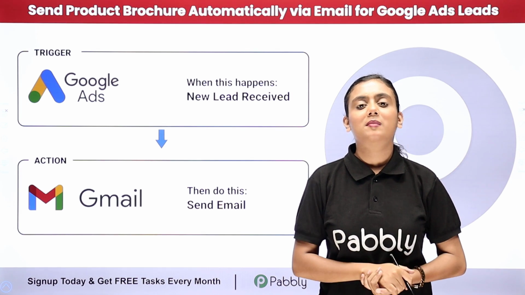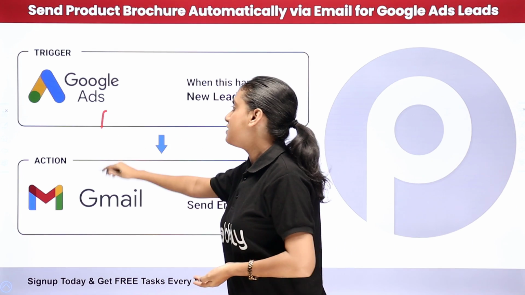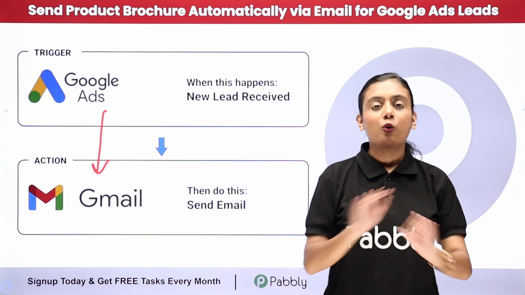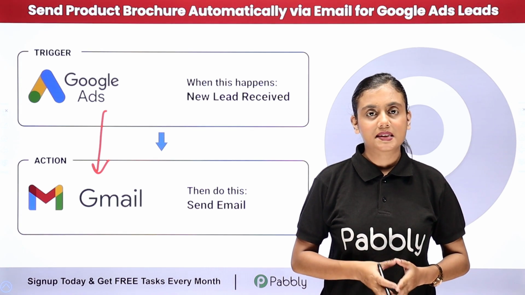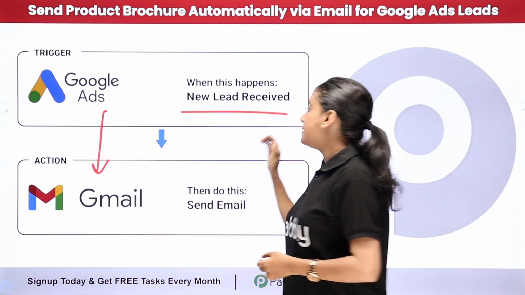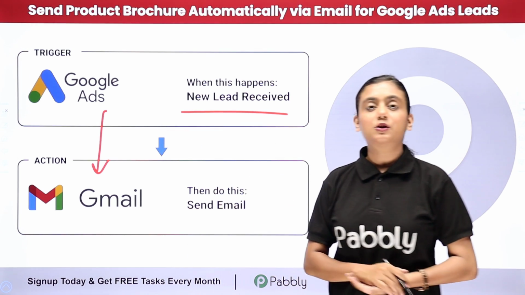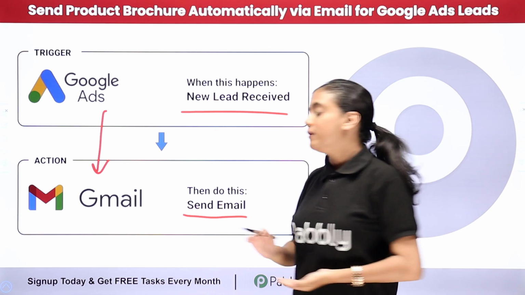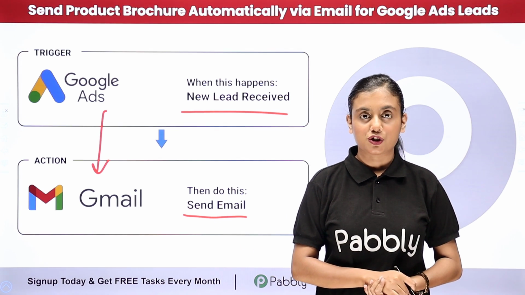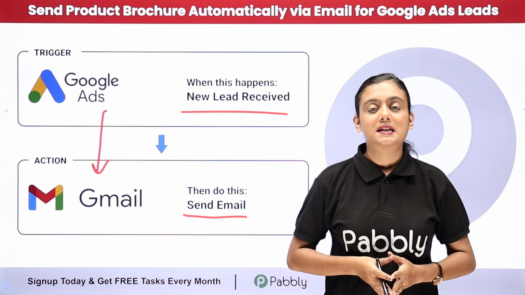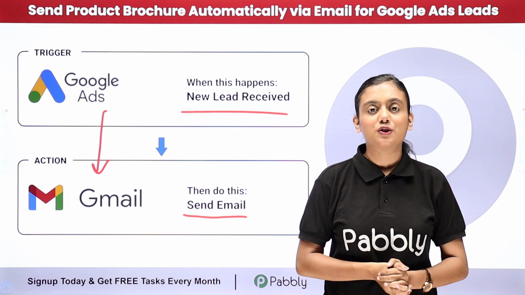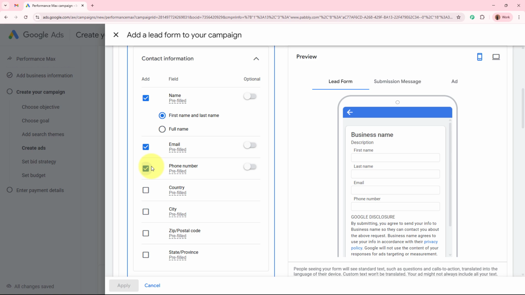So to solve this problem, I have built a connection between Google Ads and Gmail using Pabbly Connect without the need of any coding and programming skills. Now whenever a new lead is generated by potential customers or clients using Google Ads, an email is automatically forwarded to the lead with the attachment of the product brochure. So now if you want to learn this entire process step by step, I have to take you towards my screen. In this video we're going to learn how to send product brochure automatically via email for Google